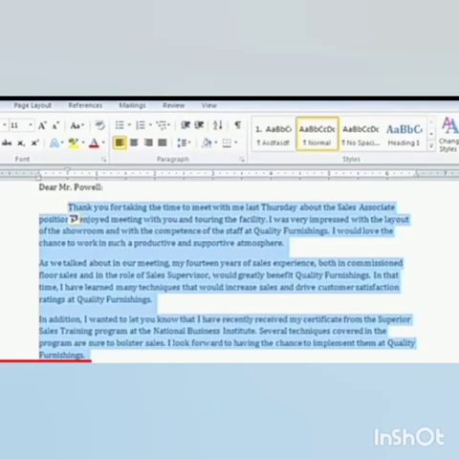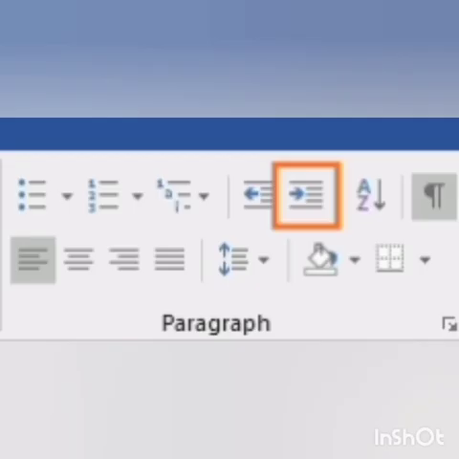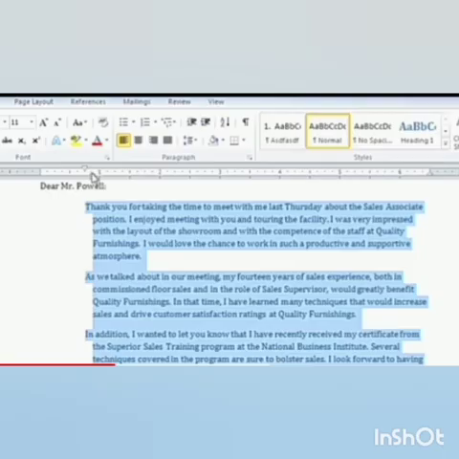Select the paragraphs for which we want to increase the indent. Then click on the Increase Indent button in the Paragraph group. Now we can see that the selected text is changed into a left indent.